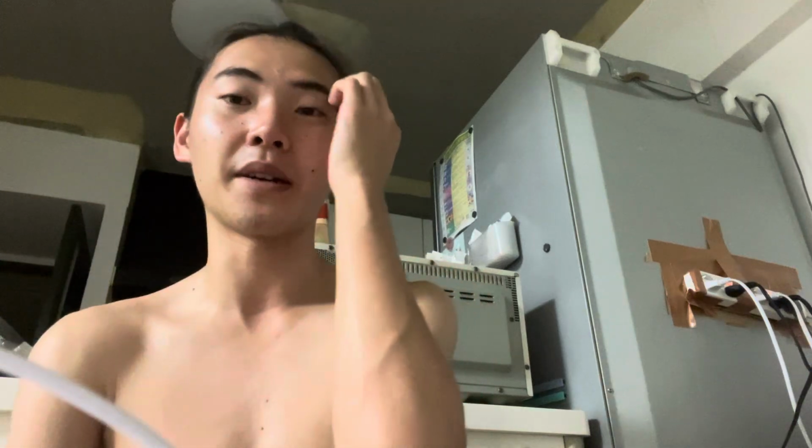But now it looks a bit different from where I posted before, because I've arrived in Japan, and this room is my grandmother's room, so that's why it's a bit different. But anyway, yeah,